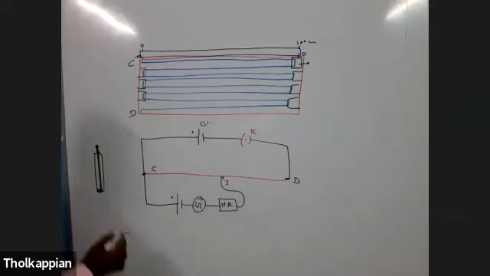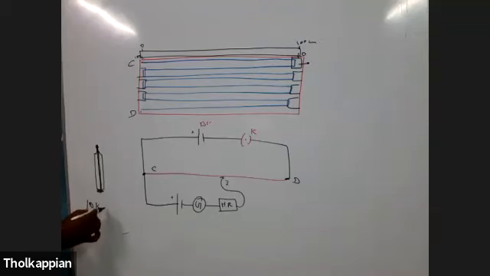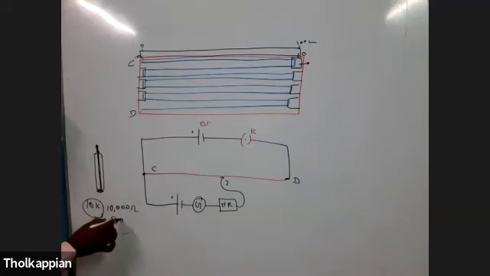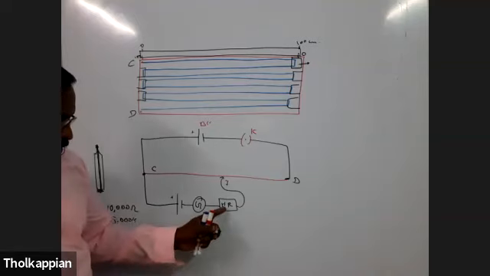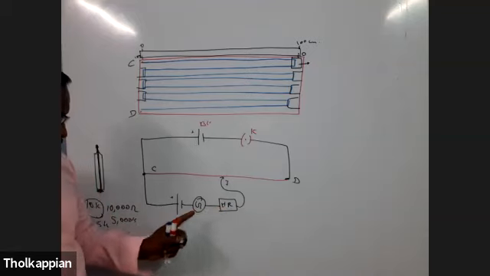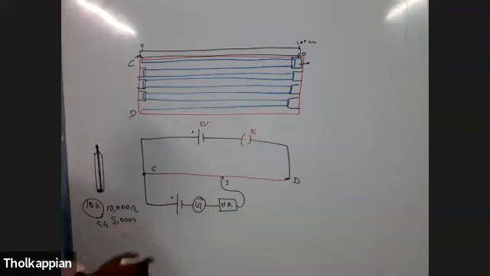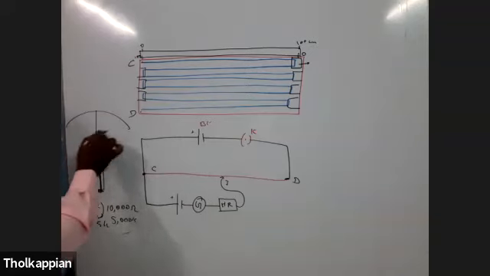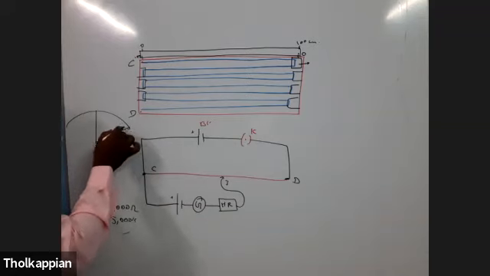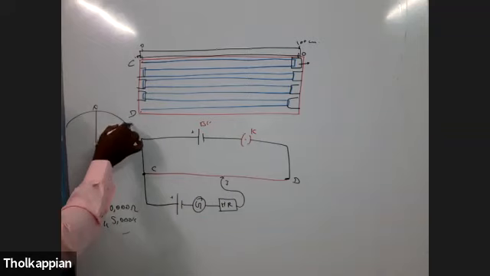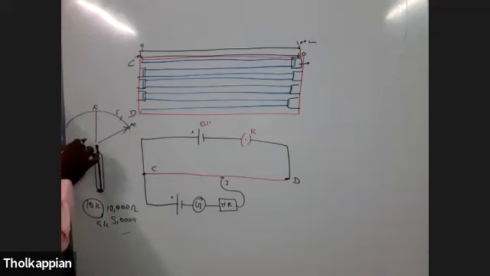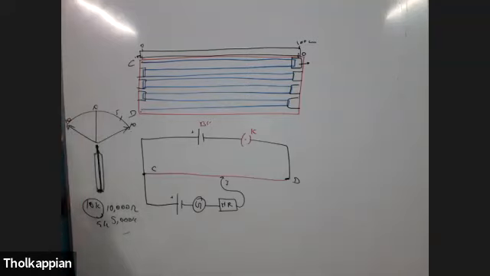High resistance means 10K resistance, 10 kilo ohms. That is 10,000 ohms resistance or 5,000 ohms resistance. So they can say 5K resistance or 10K resistance is connected in the high resistance box. Galvanometer, you know, center 0. If current is flowing in one direction, the galvanometer shows deflection to one side. The current is flowing in this direction, the galvanometer shows deflection here. This is center 0. Here consider as 10, 5 like that. And if the current is flowing in the opposite direction, the galvanometer shows deflection on the opposite side.